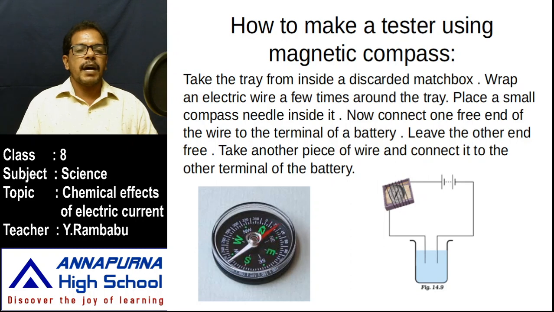Are you familiar with the bar magnet? Yes, we know about bar magnet. If we take a bar magnet, that bar magnet has two poles. One is north pole and the other is south pole. If any indication is not there to identify the poles, that means if any mark is not there, north pole or south pole, then how can you identify the magnetic poles?